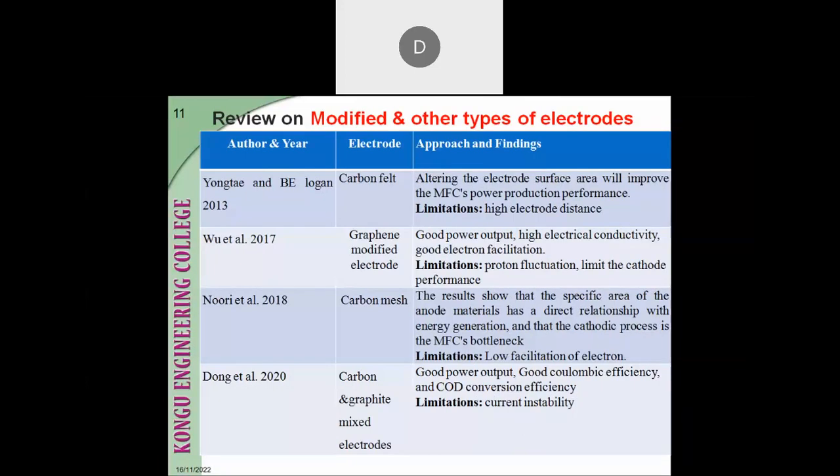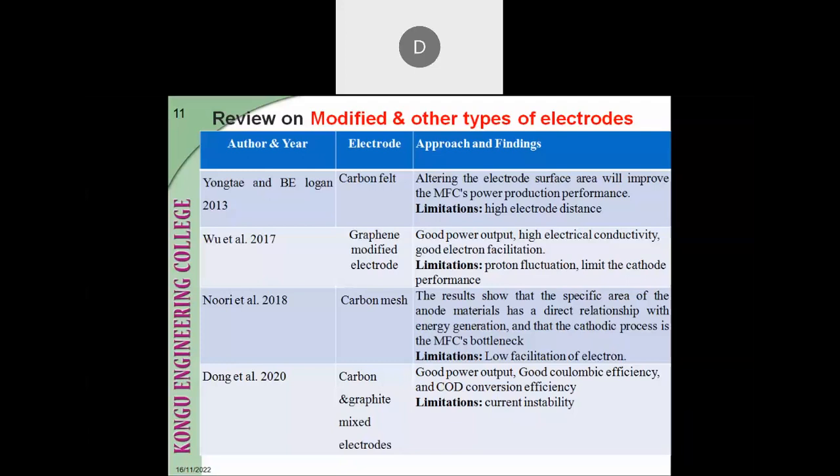They have done all of these. The limitations, the disadvantages of these studies, are of course the electrode distance, and the proton flux and performance are limited,